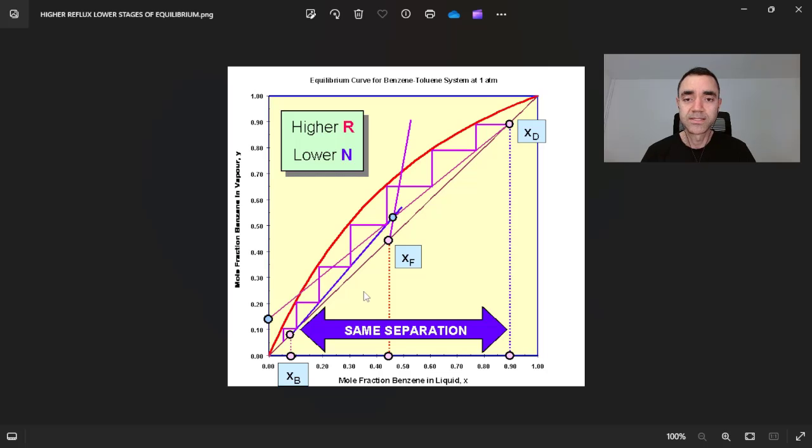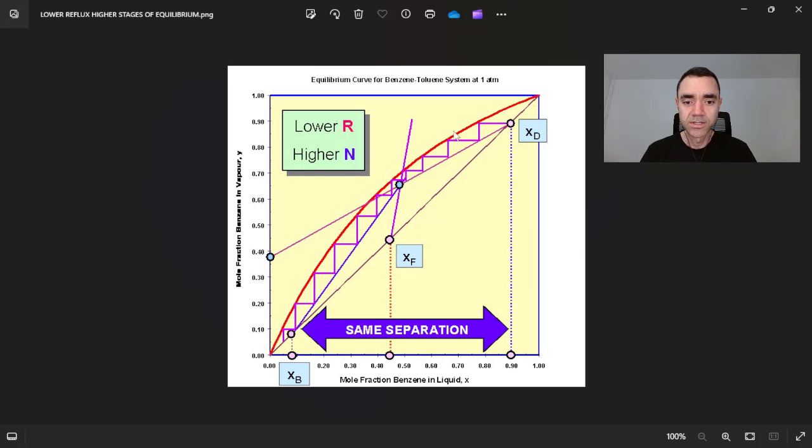If in the opposite I reduce the operating reflux ratio, now I am approaching the equilibrium line, and because of that I have more stages of equilibrium. I have 1, 2, 3, 4, 5, 6, 7, 8, 9, 10, 11. So you can see that my column will be taller, and because of that I will have some impact in the plant design. But here I want you to understand how important it is to know how to read and how to define the reflux ratio, the operating reflux ratio, for your process.